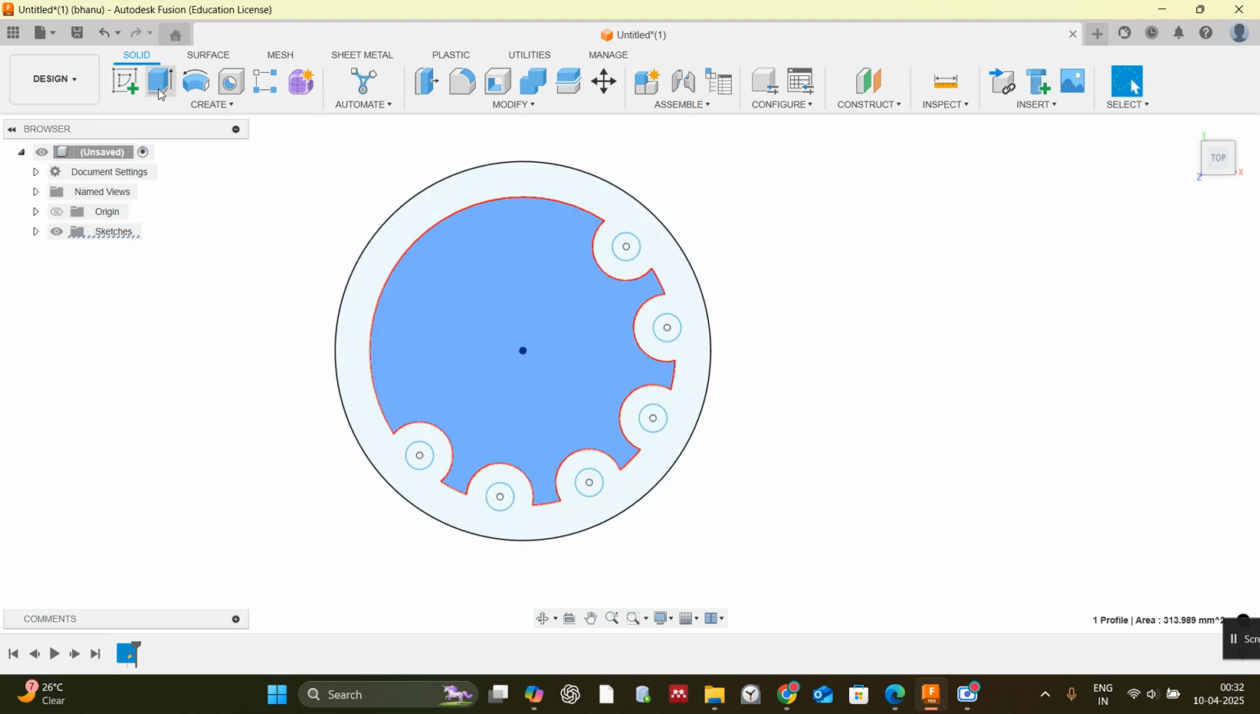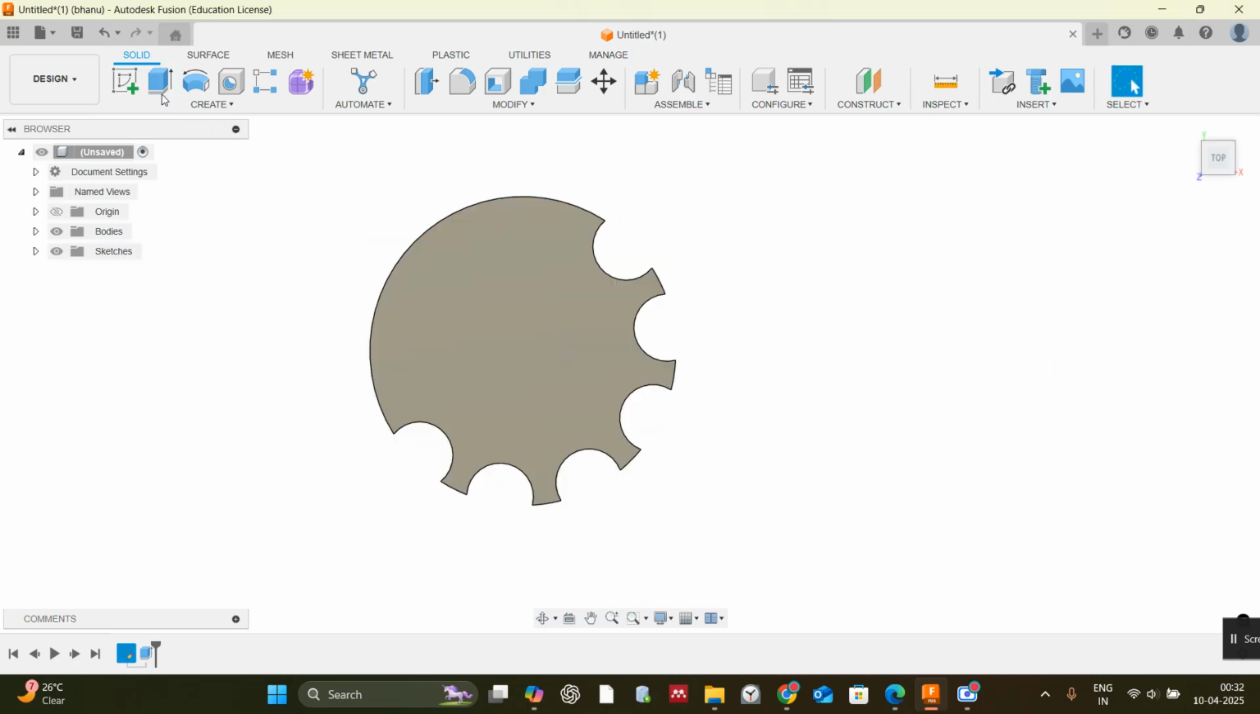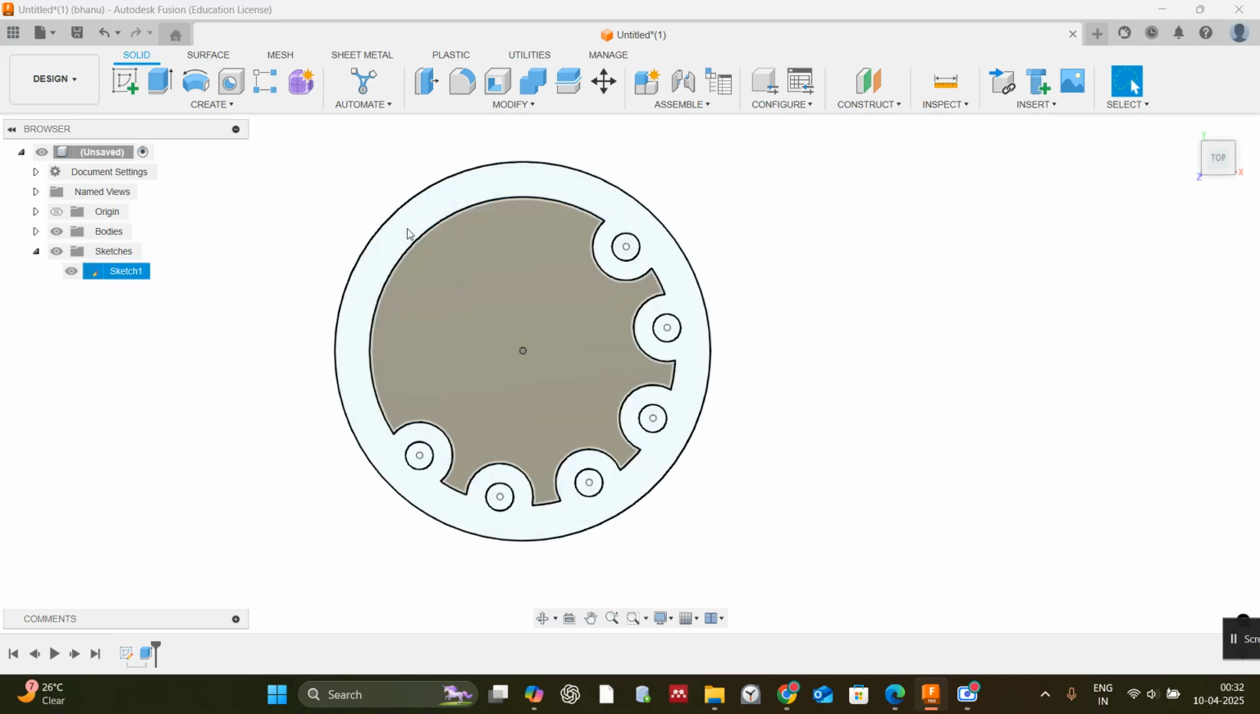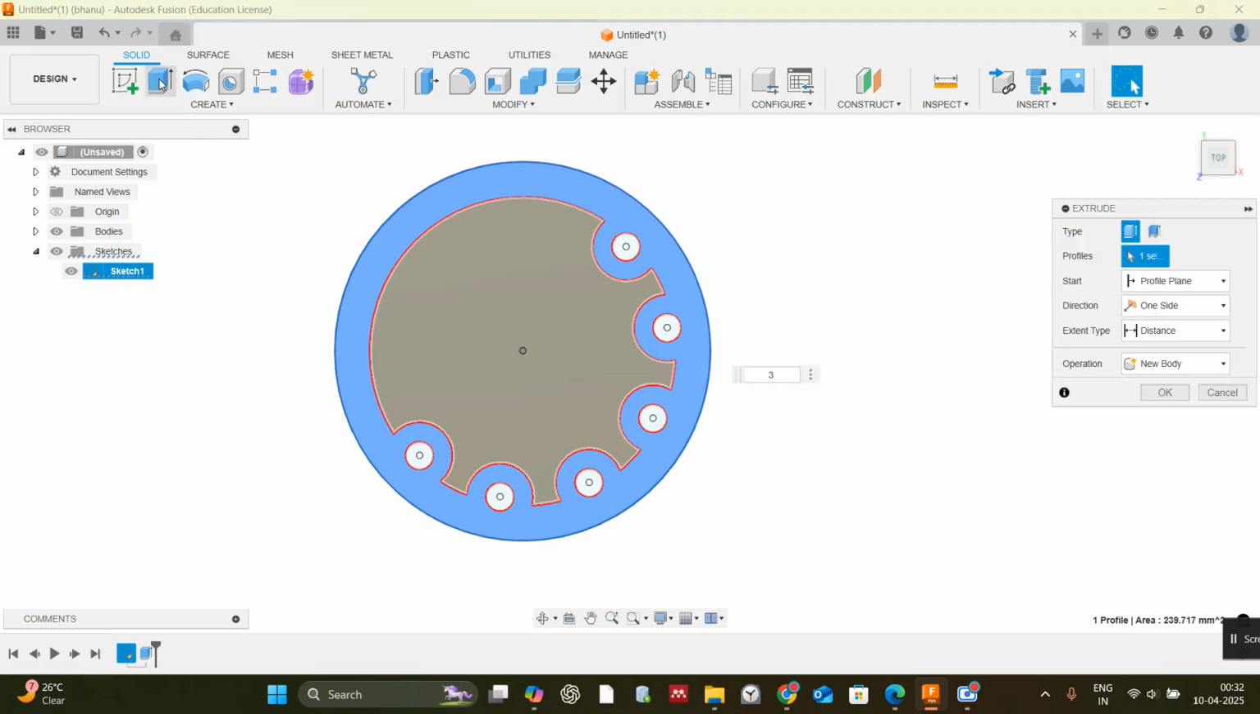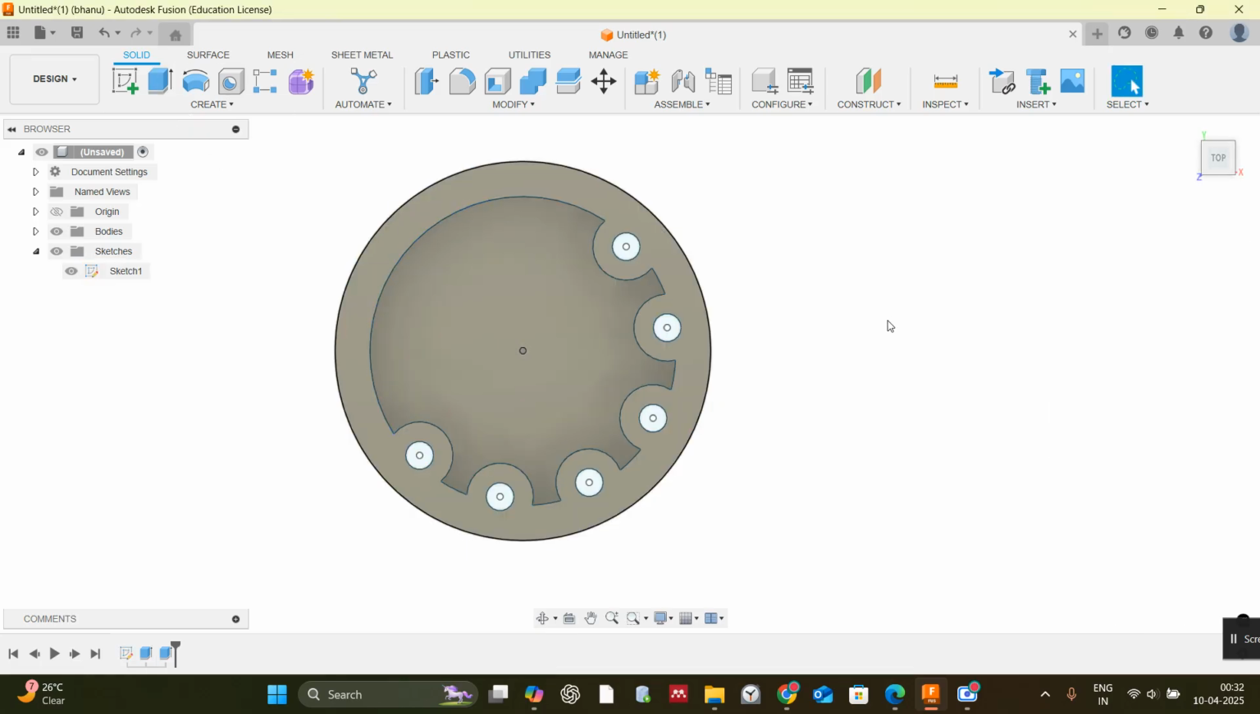Now I am going to extrude this 3. Okay, this one, okay, this one has 5. This is